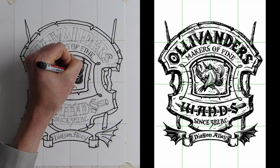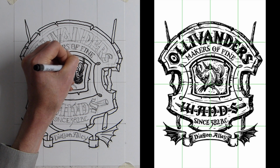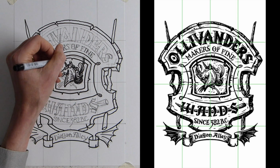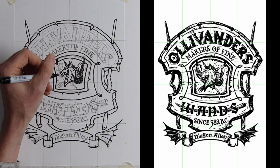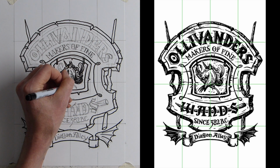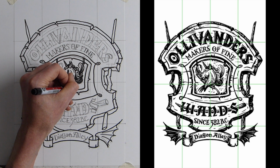And then inside there we've got 1, 2, 3, 4, and then some little ones in the top, filling the bit above the head in between the ears, and then the ears have got some little detailed dotted lines on. Now we can do the wand, the phoenix feather,